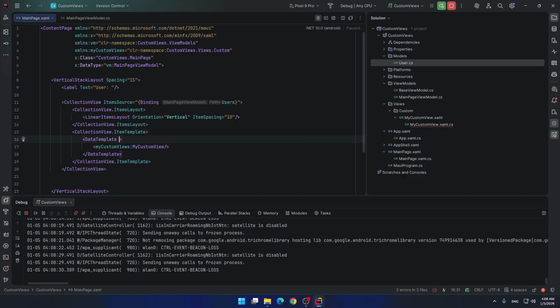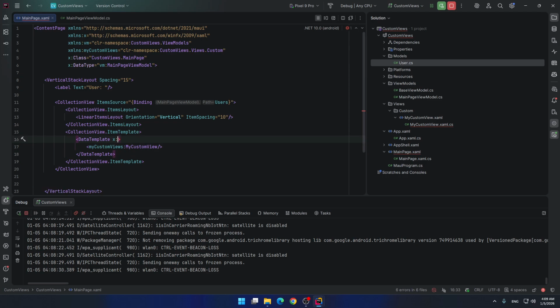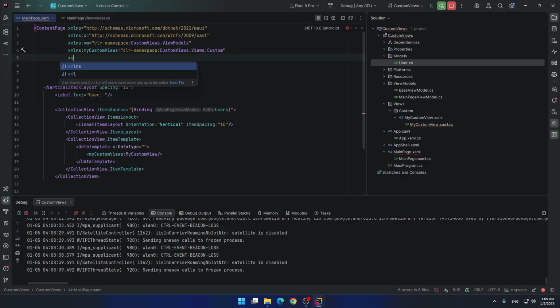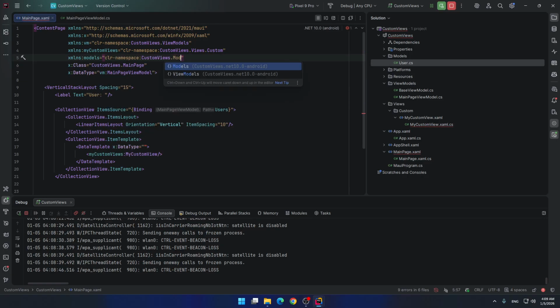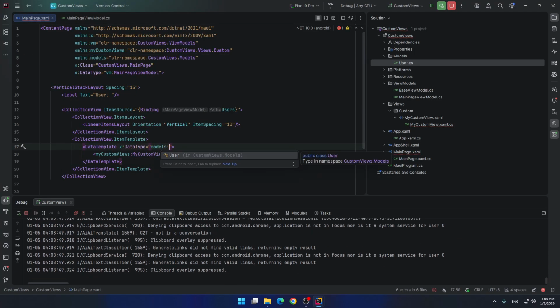For data template, we need to specify which data type this custom view will take. So we need to add our model from models directory. Let's take models and our user class.